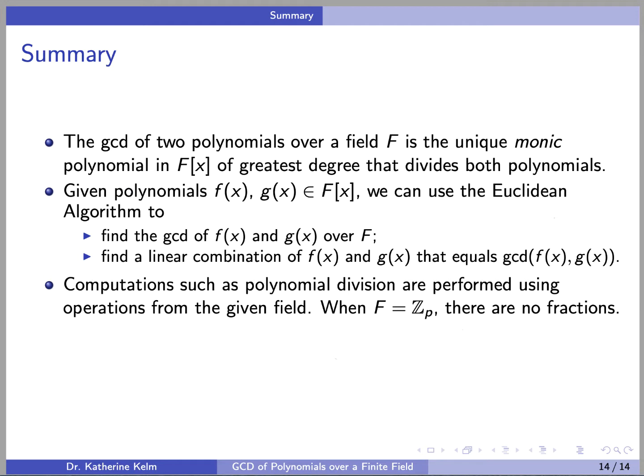Given polynomials f of x and g of x with coefficients in a field F, we can use the Euclidean algorithm to find the GCD of f of x and g of x over F, and to find a linear combination of f of x and g of x that equals this GCD. And as we have seen, computations, such as polynomial division, are performed using operations from the given field. In particular, when the field is Zp,